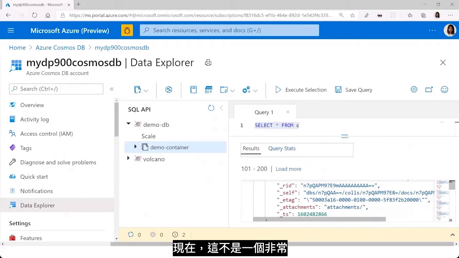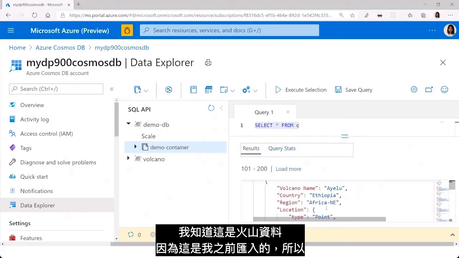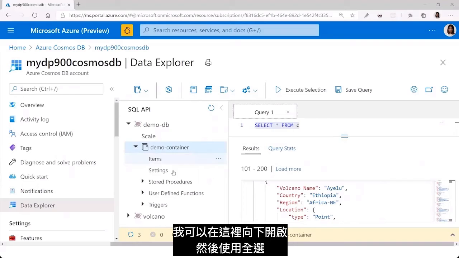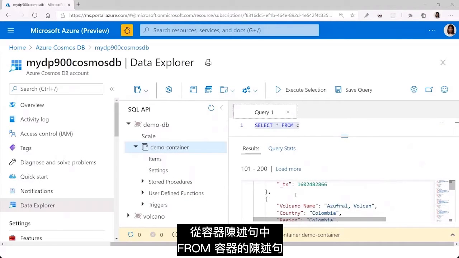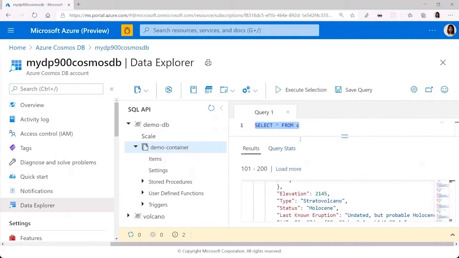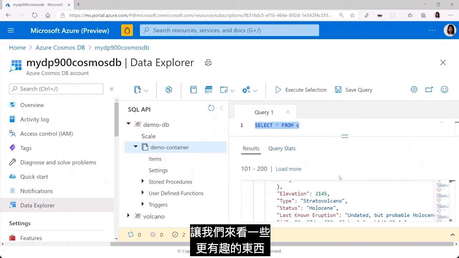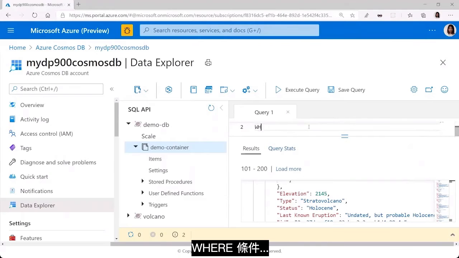Now, that's not a very interesting query, so let's do something with it. I know, for example, that this is volcano data because that's what I imported earlier. So I can drill down into here and look into some of this data with the select all from container statement. So let's have a look at something even more interesting. If I do a select all from the container and I set a where condition,